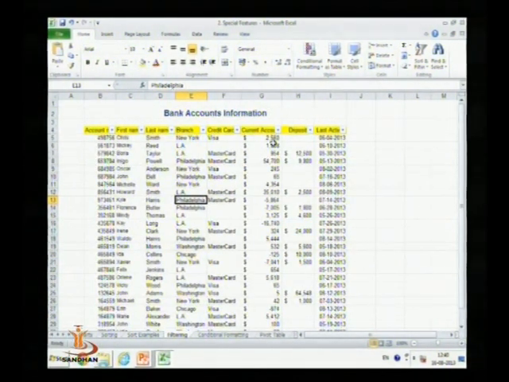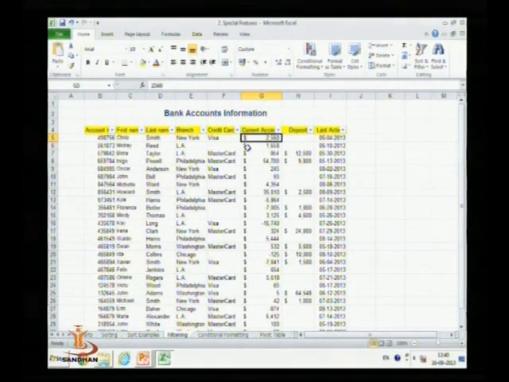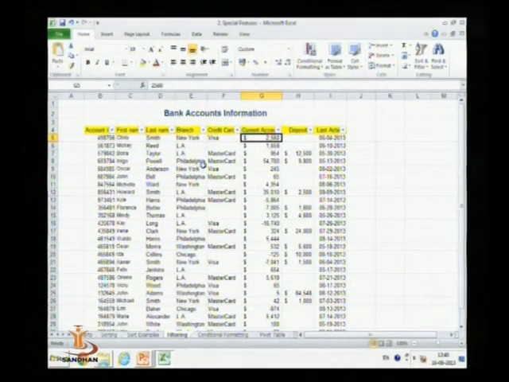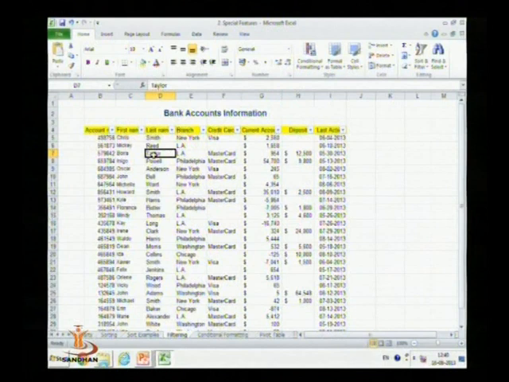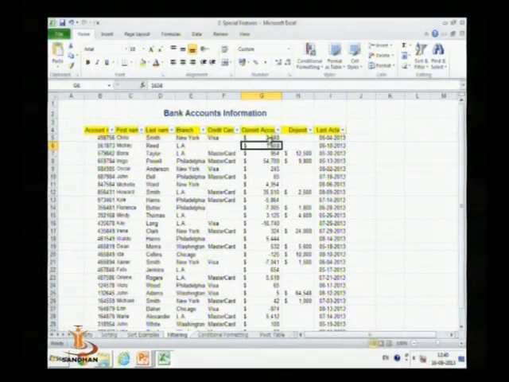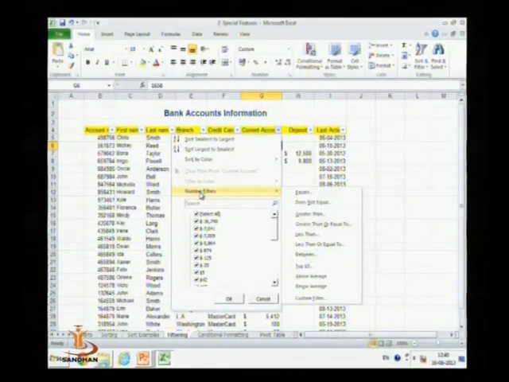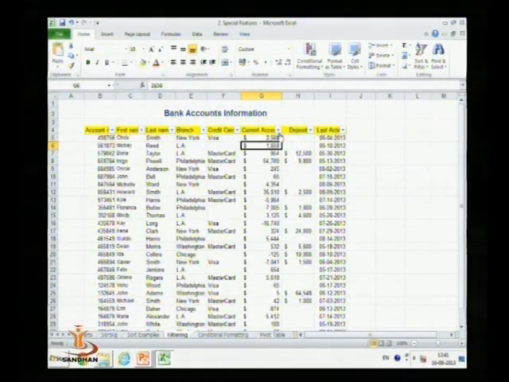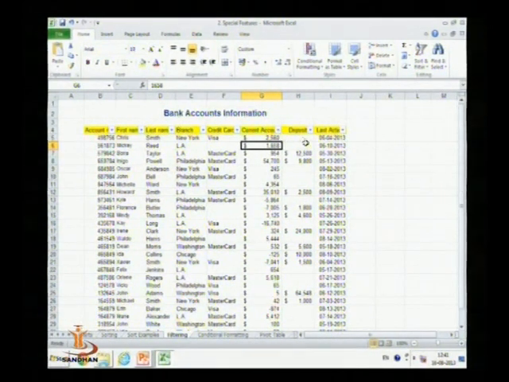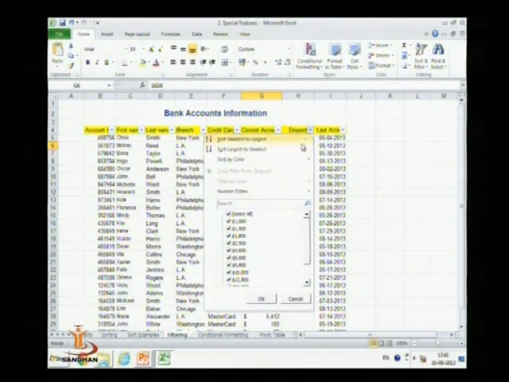Now in filter we can also give conditions. These are numerical data, so numerical conditions can be added here. These are text data, so text conditions can also be added in filtering. Suppose we want to find those whose current account deposit is greater than 2000.